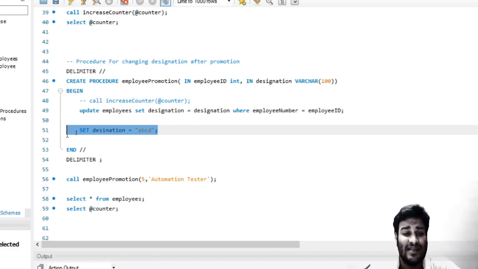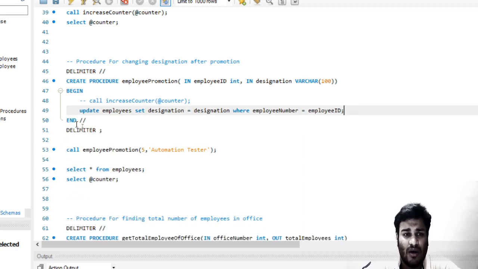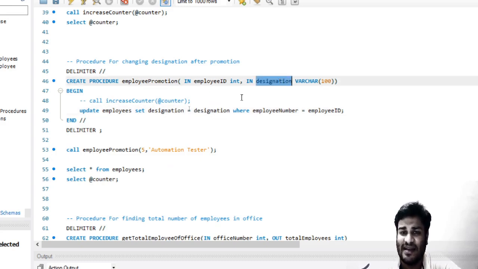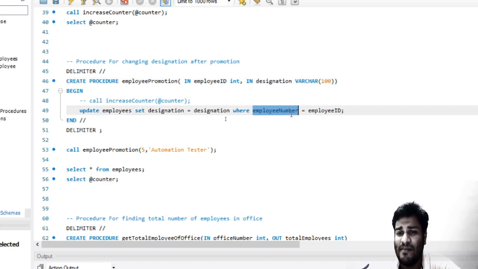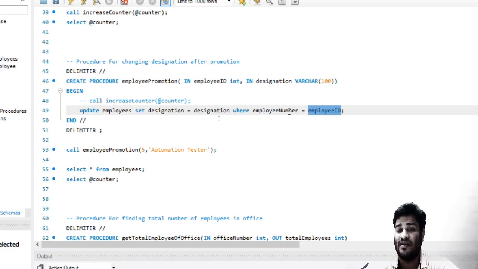I will show you an example of this as well. As of now, you can understand that IN is something which is used within this stored procedure. This designation is set over here, for the employee where employee number equals this employee ID. Both of these parameters are being used within the update statement and within the procedure.